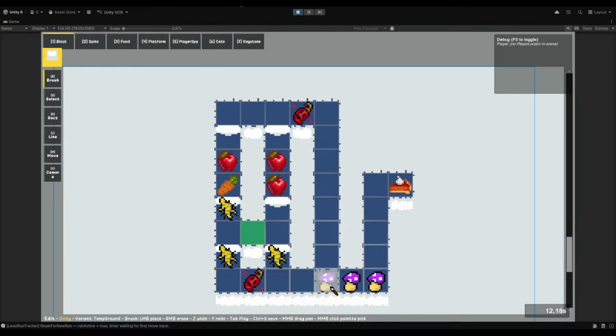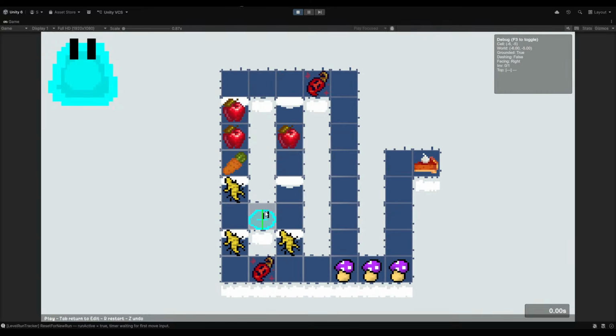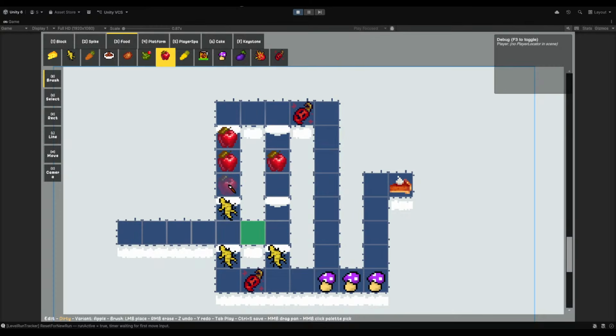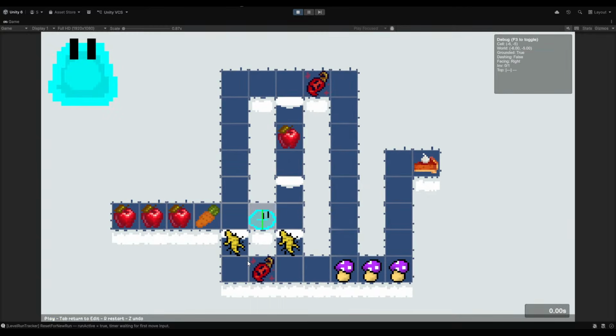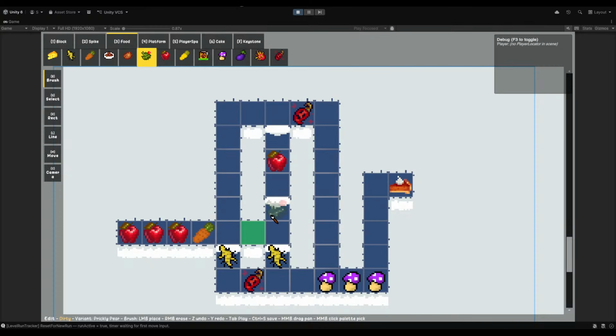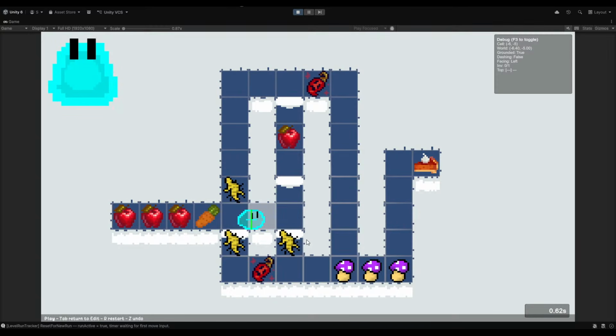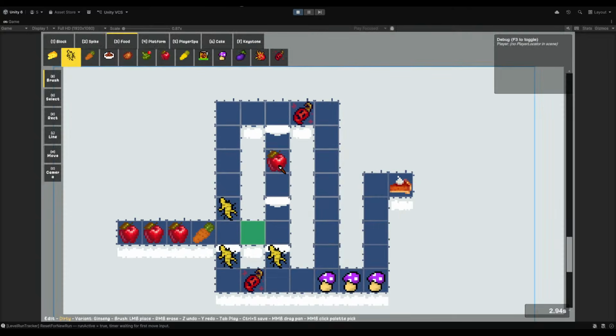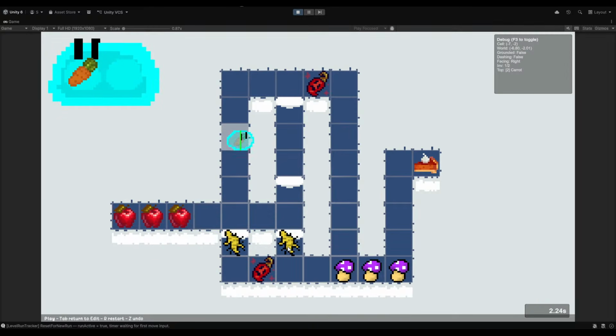Apple, apple, and this doesn't matter. What if we just move another apple to here? I think the only way I can make this any more complex is if I put all the food lined up. Like so. Then I think I killed the ginseng, so I have to put one back for now. So the expected way is you have to pick up the carrot, apple. Oh, but now you can just eat it on the way down again.